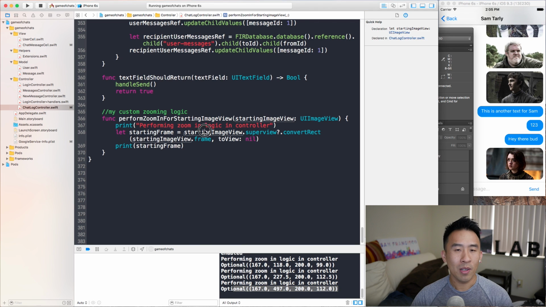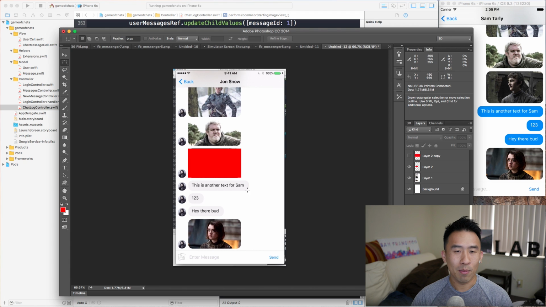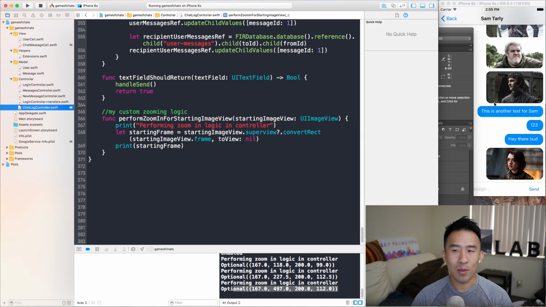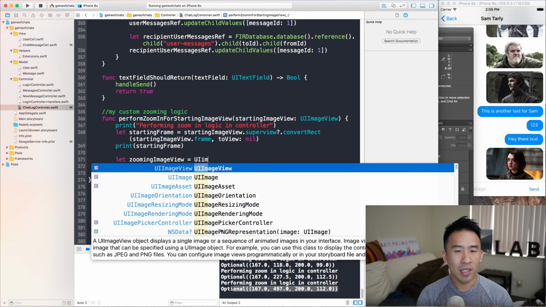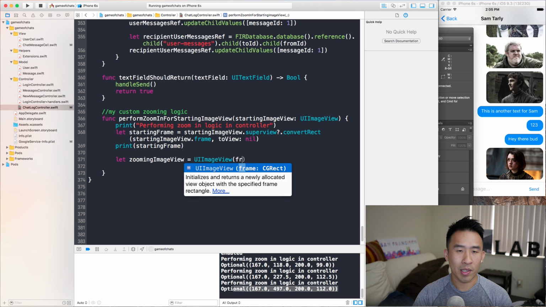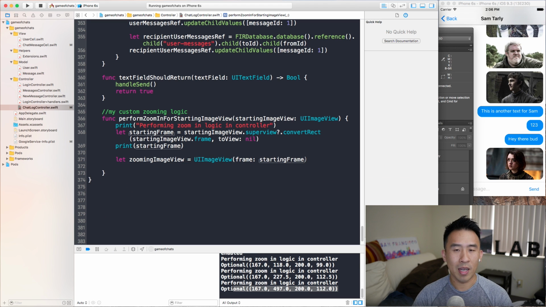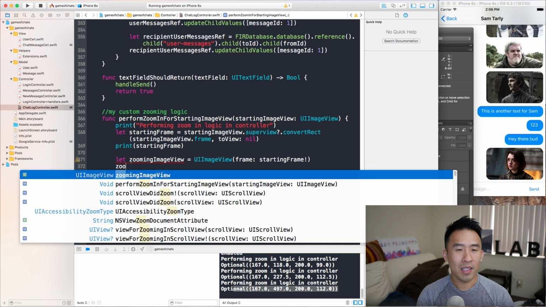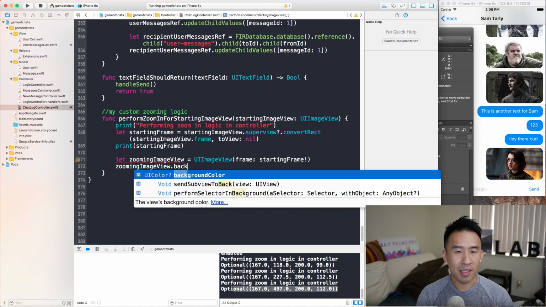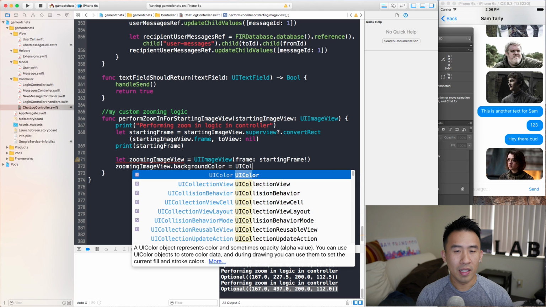app. So why don't we create that red block and add it into the application? And let's do it by creating a zoomingImageView equals UIImageView with this frame constructor here. And we can actually call startingFrame like this. I think we need to unwrap it like that. So there we go. And if we set zoomingImageView.backgroundColor equals UIColor.red